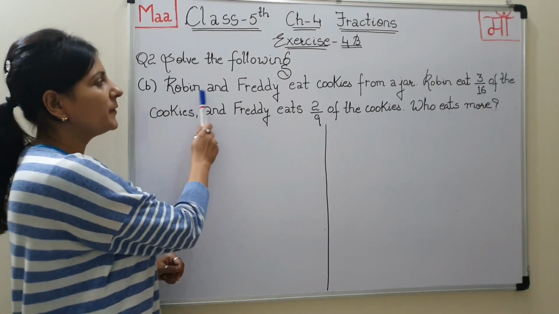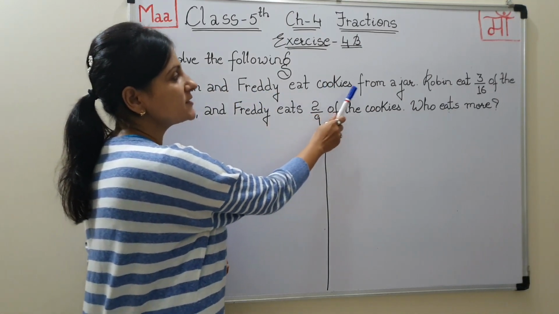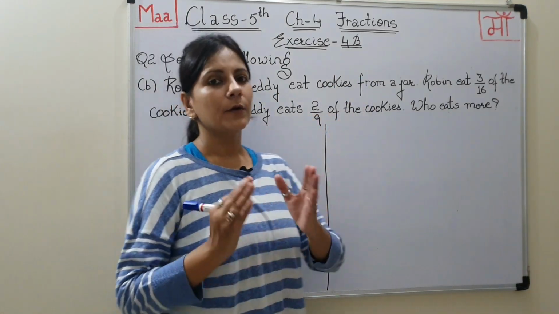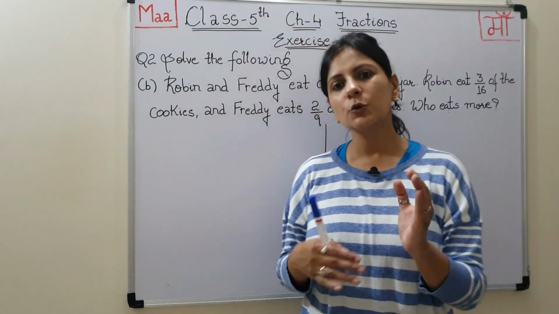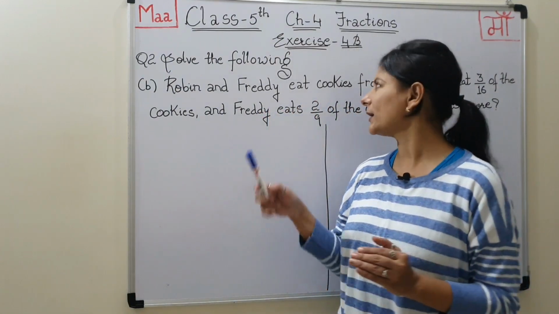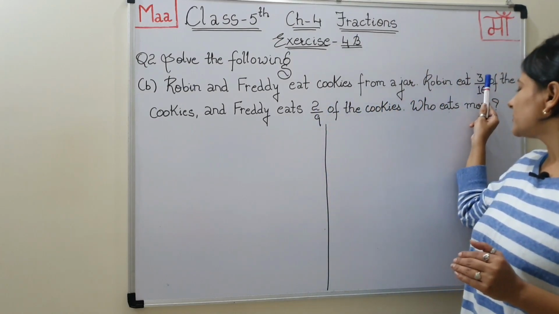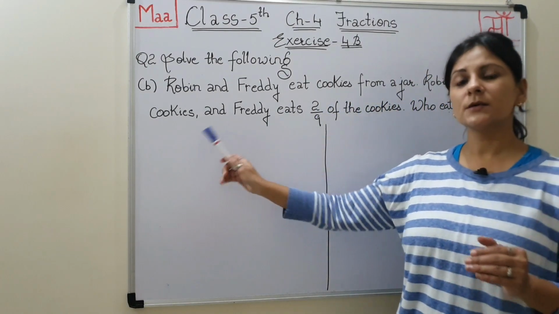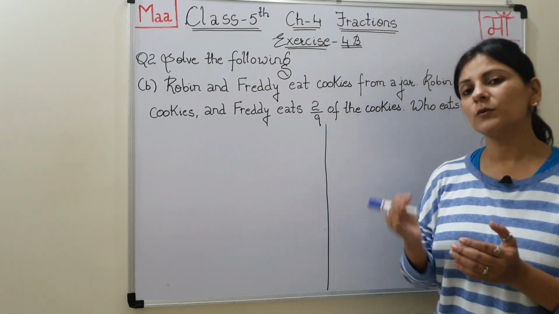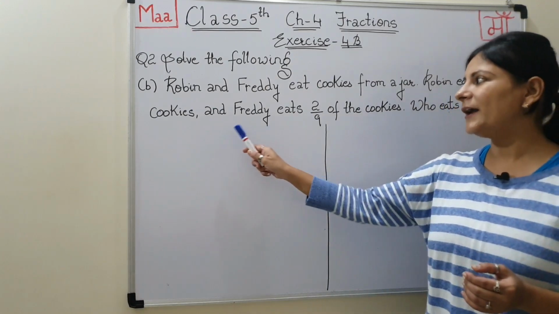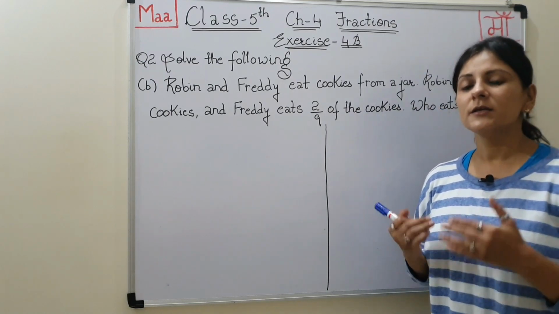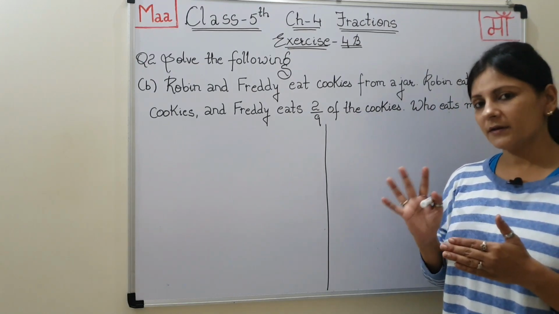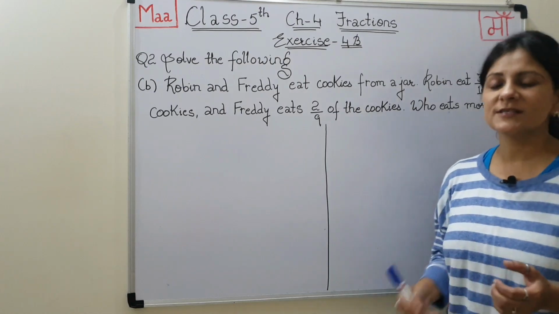It is Robin and Freddy eat cookies from a jar. रॉबिन और फ्रेडी 2 बॉयज़ थे, उन्होंने एक जार में से कुछ कुकीज़ खाई. Okay, now Robin ate 3/16 of the cookies. रॉबिन ने जितनी भी कुकीज थी उसकी 3/16 खाई and Freddy ate 2/9 of the cookies, जबकि फ्रेडी ने जितनी भी कुकीज थी उसकी 2/9 खाई। So who ate more, किसने ज़्यादा कुकीज खाई,